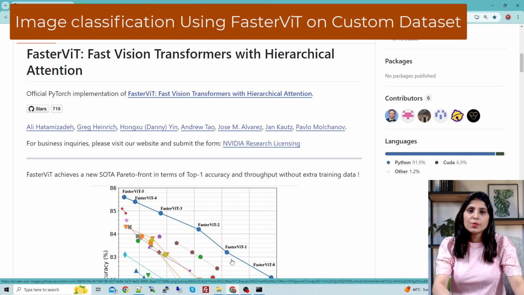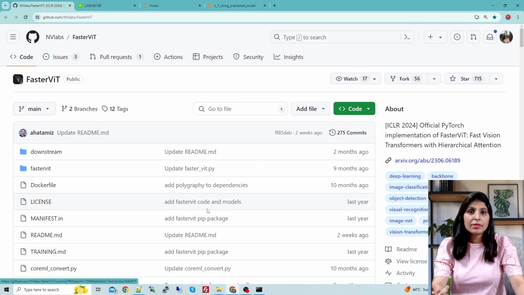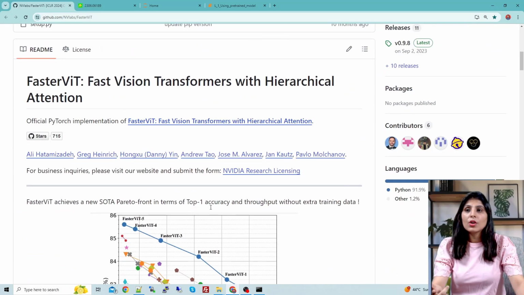So guys, in today's video, I'll show you how you can perform image classification using the FasterViT model on your custom dataset. So this is the official FasterViT repo, and what you need to do is first make sure that